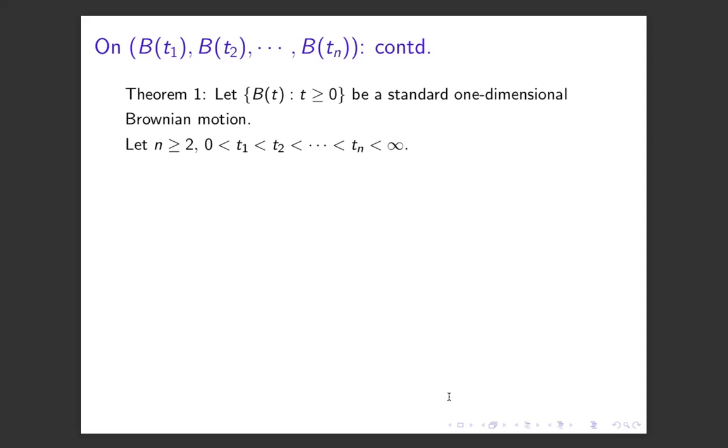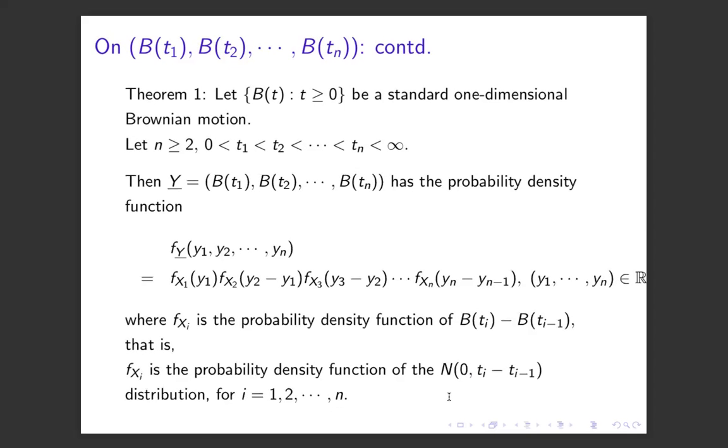And t1, t2, ..., tn be non-zero time points in strictly ascending order. Then Y, which is the notation for the n-dimensional random variable (Bt1, Bt2, ..., Btn),